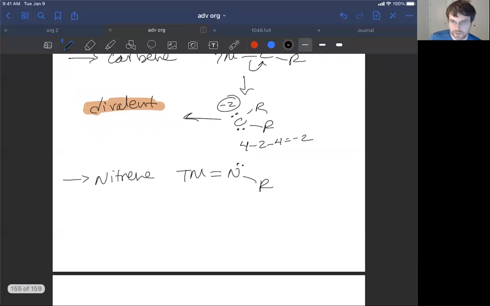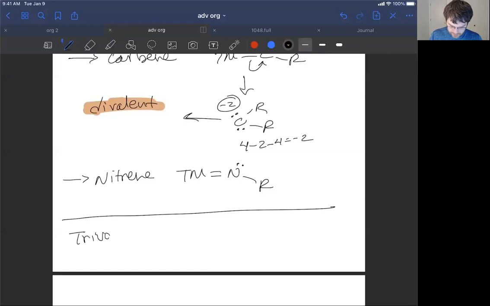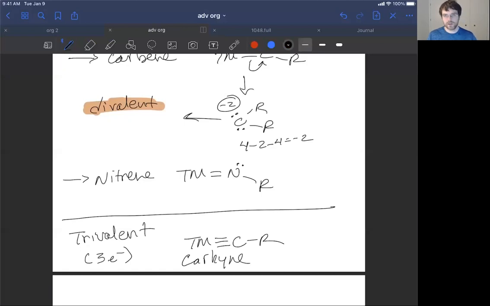We could even have trivalent ligands. I think trivalent you can have, and these provide 3 electrons, would be when you've got your transition metal triple bonded to a carbon, for example. Oh yeah, those are called carbynes. Okay, trivalent you barely ever see. Nitrenes and carbynes you could see occasionally. But the next class of ligands